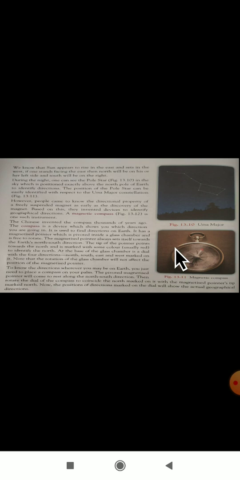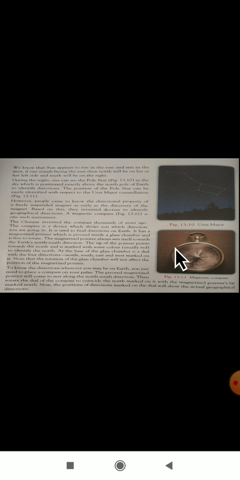Day and night. We know that the sun appears to rise in the east and sets in the west. Yes, everyone knows that. If one stands facing the east, then north will be on his or her left side and south will be on the right side. During the night, one can see the pole star in the sky, which is positioned exactly above